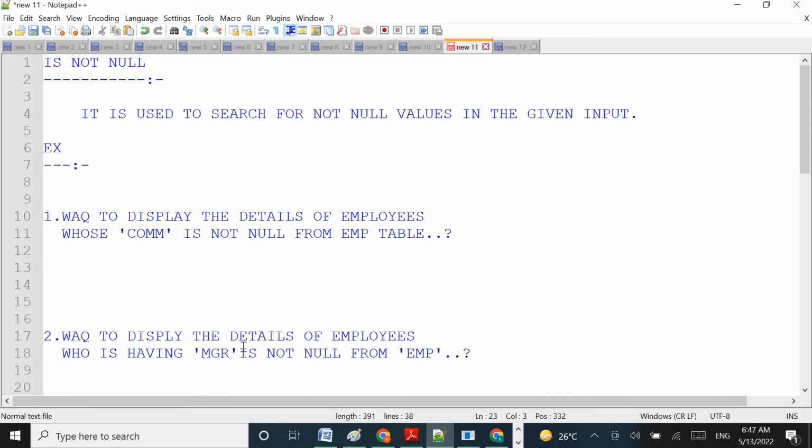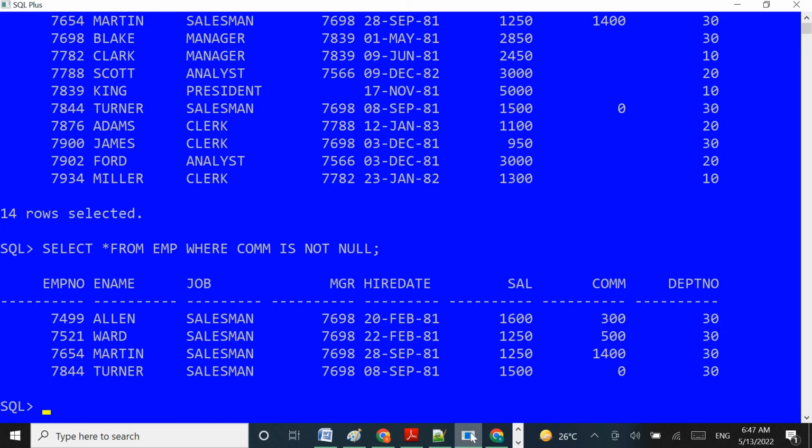Write a query to display the details of employees who have the MGR is not null from the EMP table. So here he is asking to find the employees whose manager is not null, from the EMP table. Like the above query, I need to write the answer for this second question as: select star from EMP,